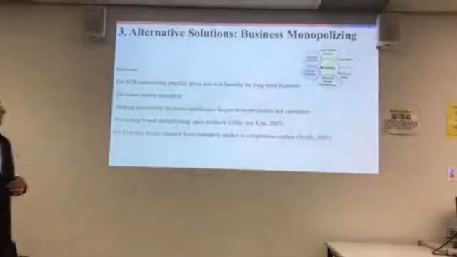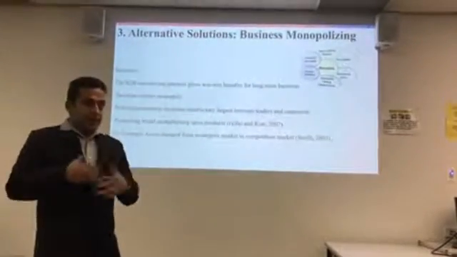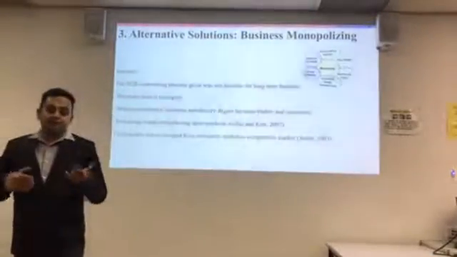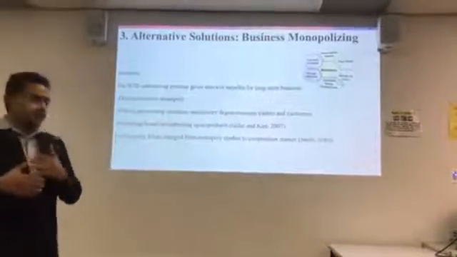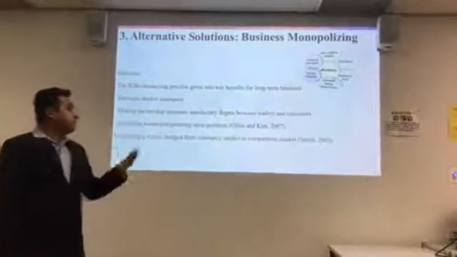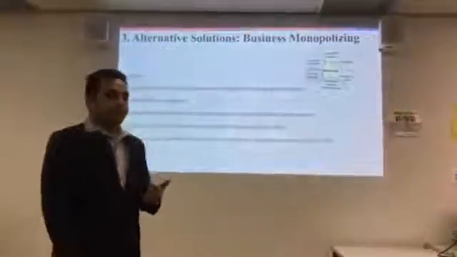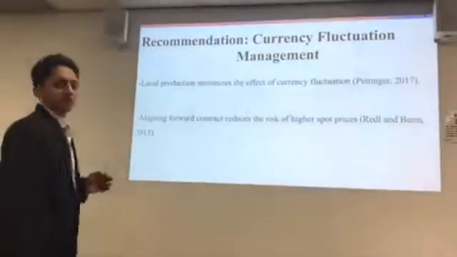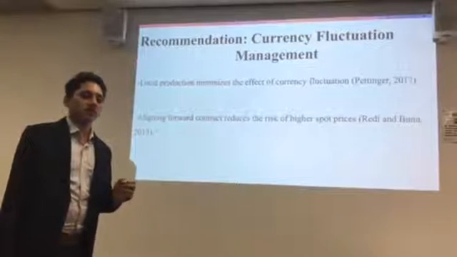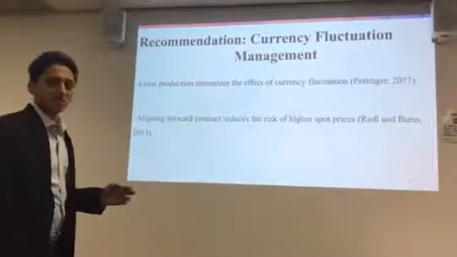For example, Alcoa, a leading company in the USA which produces aluminum substances, has changed from a monopoly market to a competition market. It's the best example of business monopoly. Thank you. Well, considering the three main issues for Siemens, that is operation management, currency fluctuations, and business monopoly,